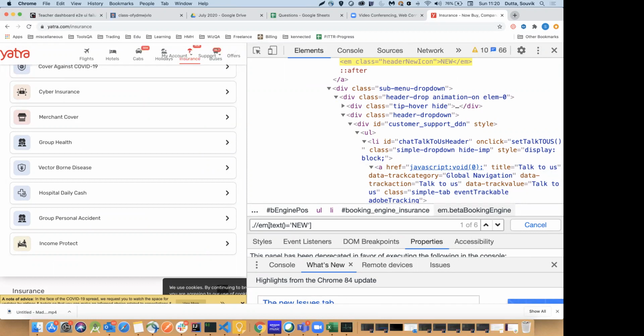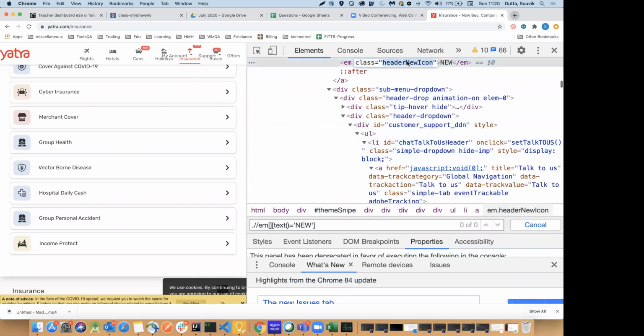One is the class called header new icon, at class equals header new icon. Okay, and I see that there are two of these elements, but those are definitely not the car guy and the insurance guy, definitely not. So I can also say or